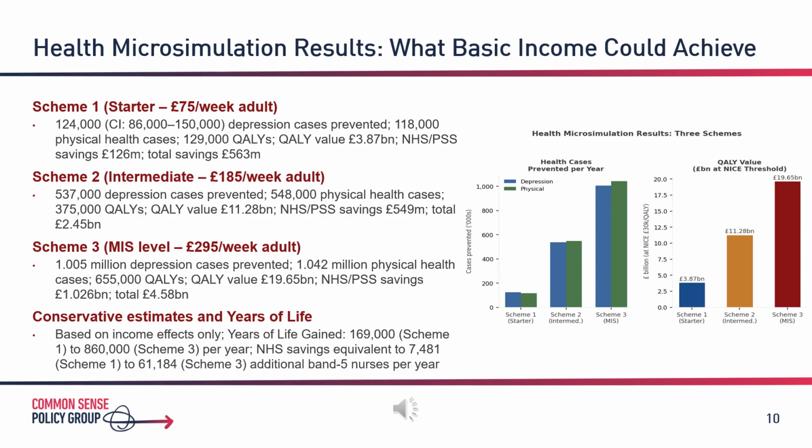We need to be careful about the limitations of these estimates. They are described as conservative for two reasons. First, they are based on income level effects only. The between coefficient captures permanent differences in income levels but does not fully capture the additional health gains from improved income security and predictability, from reduced destitution risk, or from changes in subjective social status inequality.